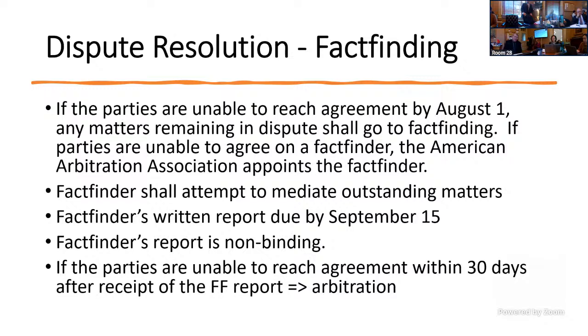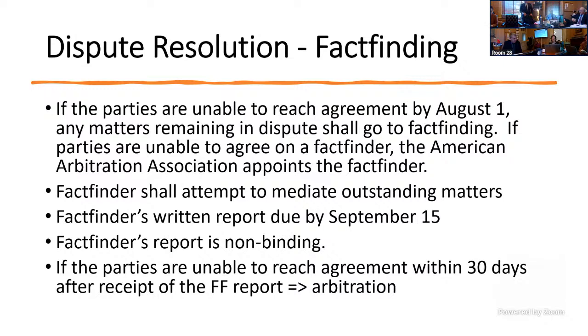So if parties are unable to reach agreement by August 1st, so again, they would have started April 1st. If by August 1st they haven't reached agreement, then any matters remaining in dispute go to fact finding, and the parties can mutually agree on the fact finder. And again, that just goes back to what I was pointing out before. You need a majority of the school employers and a majority of the school employee commissioners to agree on the